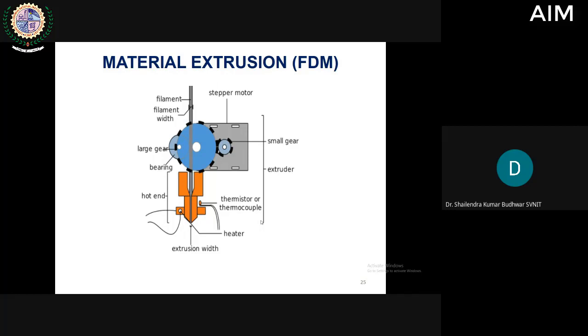So here all types of thermoplastic polymeric materials can be used, like ABS, that is acrylonitrile butadiene styrene. This material is widely used in this FDM printer. It is good in strength and good in temperature resistance. And PLA material, that is polylactic acid. It has excellent visual quality and is easy to print. And nylon also, in some printers nylon can also be printed. And another one is thermoplastic polyurethane, that is TPU material, which is a very flexible material that can also be printed by using this FDM printer.